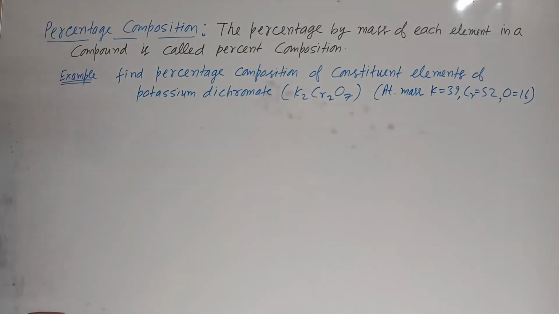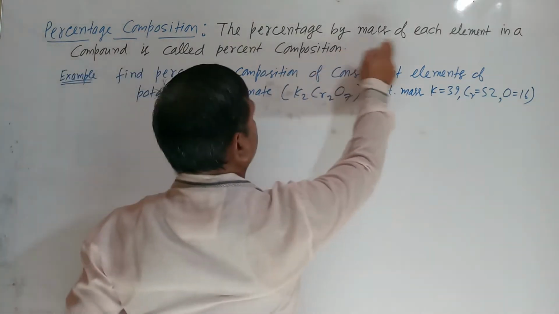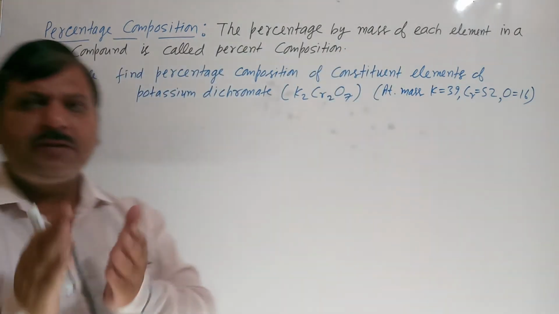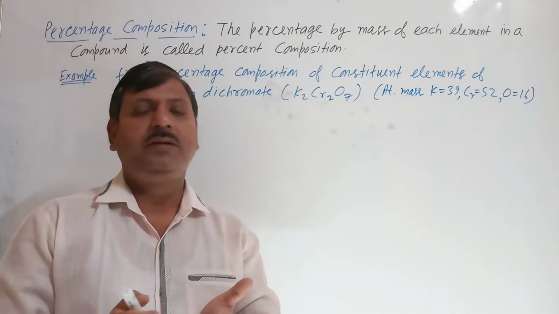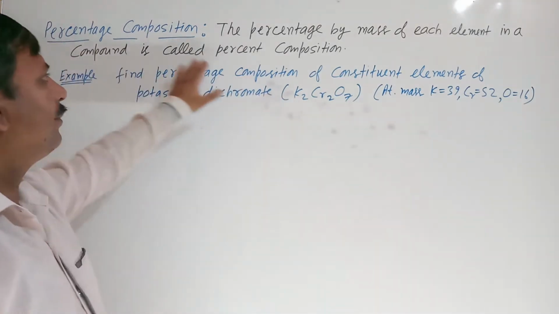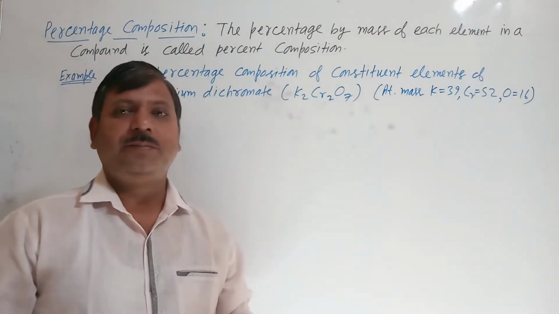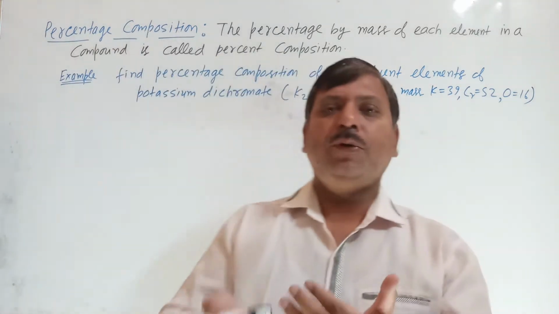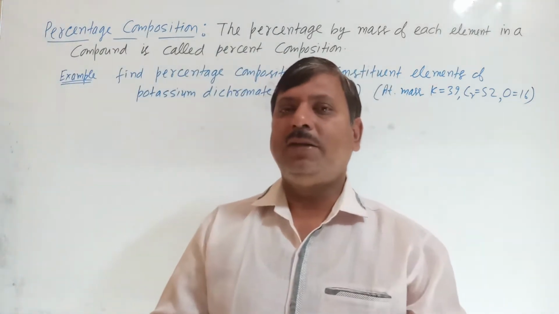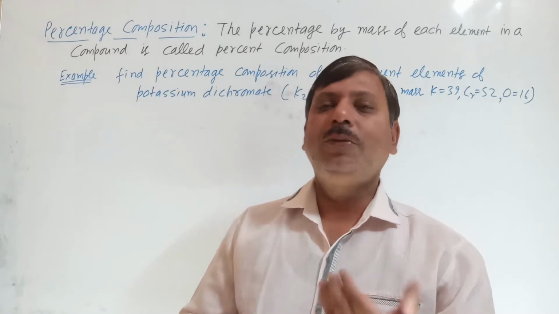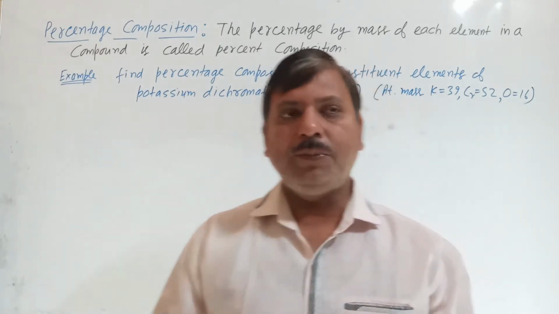Percentage composition. The percentage of mass of an element in a compound is called percentage composition. किसी कंपाउंड में एलिमेंट का कितना परसेंट है बाय मास, ठीक है, तो उसी को हम क्या कहते हैं, परसेंटेज